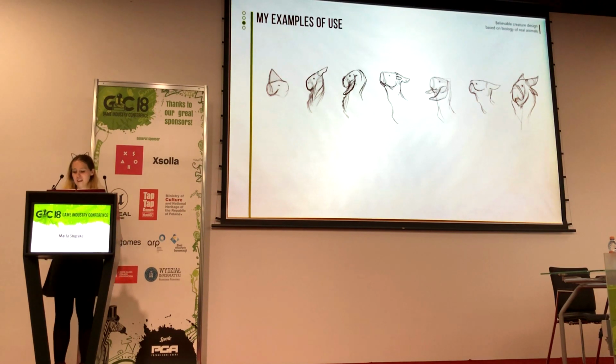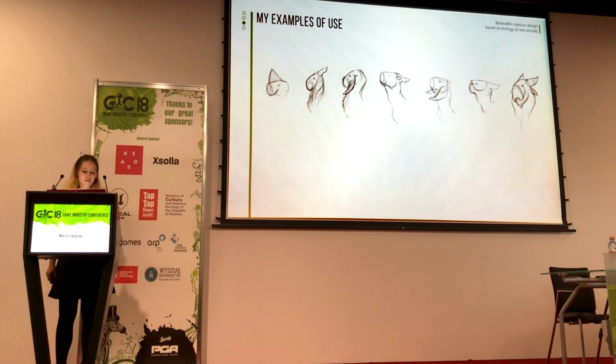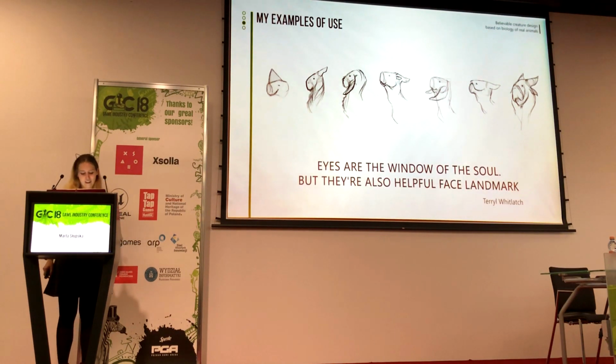Then I started to design my animals, and I thought it would be nice to make an animal who takes the plants exactly from the walls, so it has a flat mouth. My favorite way of starting to work is to work with the head first, because with the head you can best catch the character of your creature. And eyes are very important because our eyes are the window of the soul, but they are also a very helpful face landmark, and I totally rely on this. So when I designed the head, the one on the right is the one I decided to move on with.